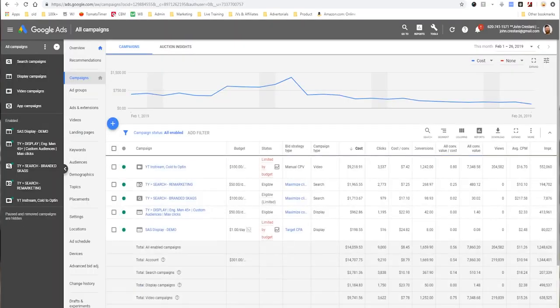So let's go over to Google, and here we are in Google Ads. If you haven't signed up for it, you just search Google Ads. I'm assuming you're familiar with Google Ads. It used to be called AdWords, but since I think they do video and all this other stuff now, they changed it. And how we would set up a campaign is, the first step is we would go over to